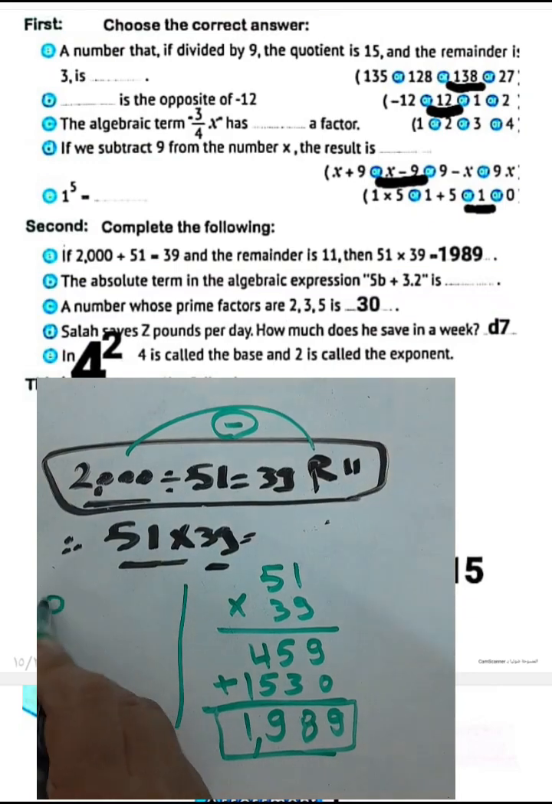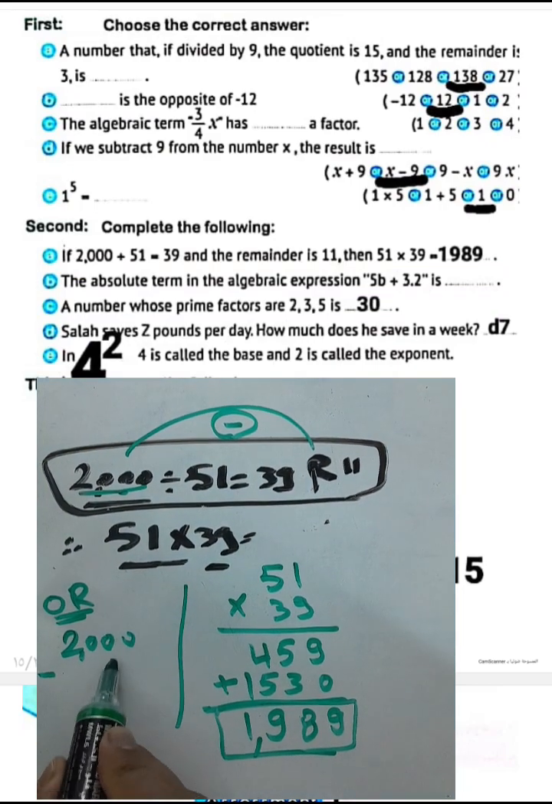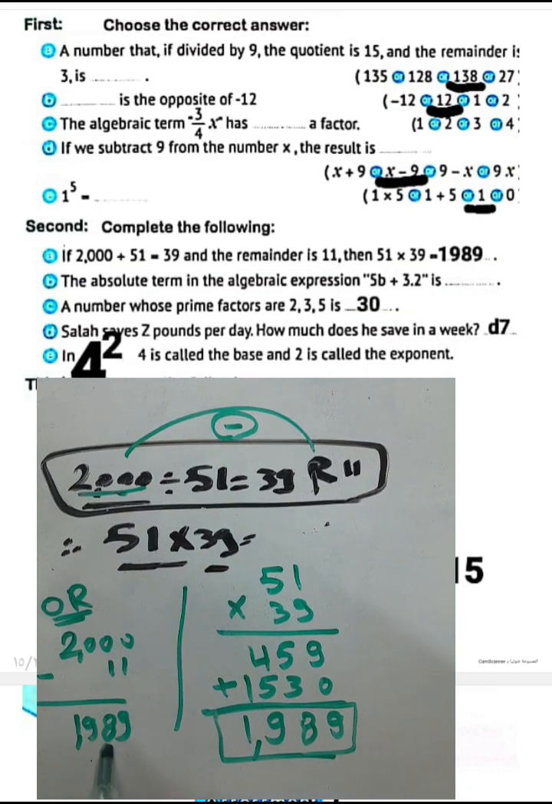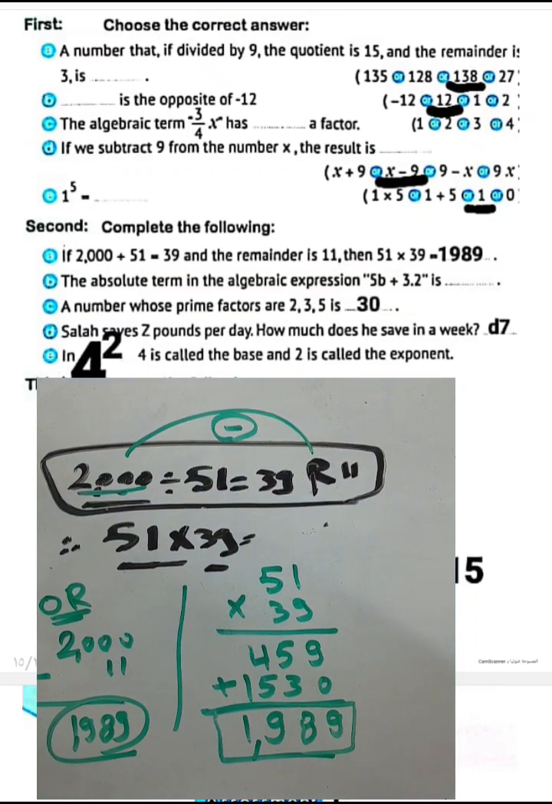Or you can find the difference between the dividend and the remainder. 2000 subtract 11 will be 1989. You can use this method or that method as you like for this example. Okay,